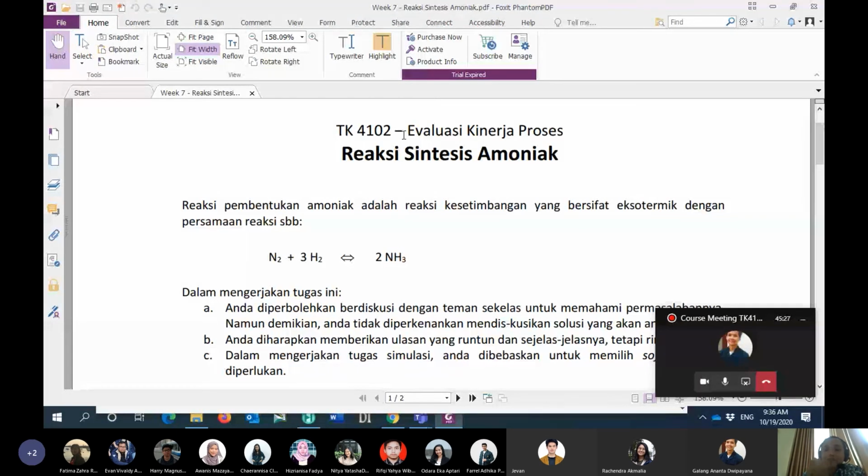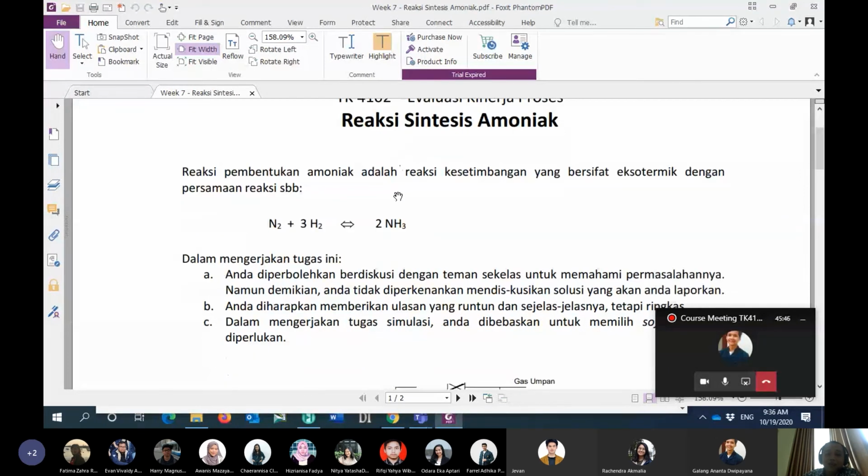Okay, I will repeat my explanation. Again, we will talk about ammonia synthesis for the case that we will discuss in today's class. Ammonia is a reaction between 1 mole of nitrogen reacting with 3 moles of hydrogen, and then it will produce 2 moles of ammonia.